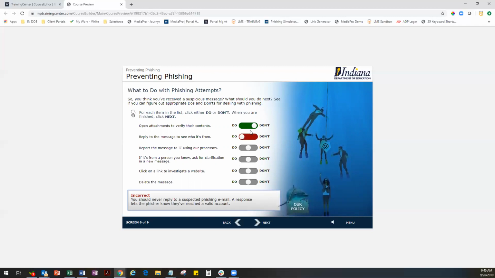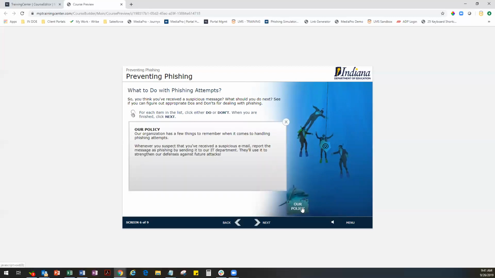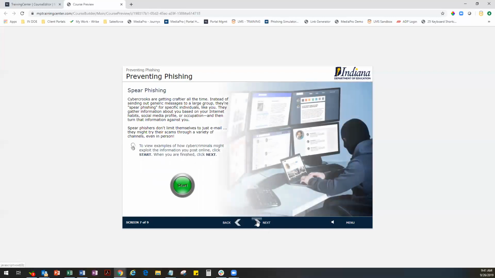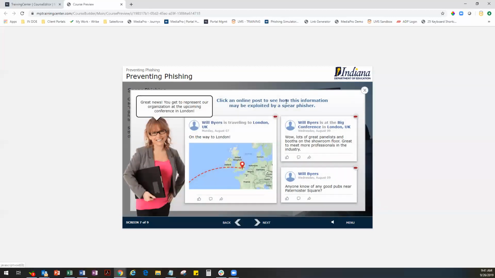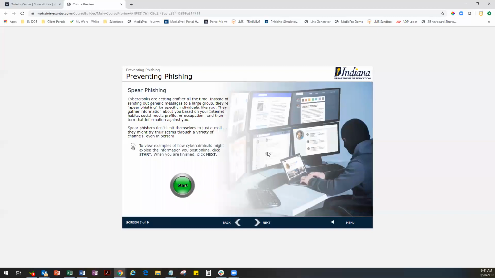If you give the wrong answer, it turns red, so it's pretty basic. Green is correct, red is incorrect type interaction. And then this page also has the option of clicking on our policy there to see the policy on phishing attempts. Other than that, the phishing course is pretty heavily interactive intentionally, because this is something that users see